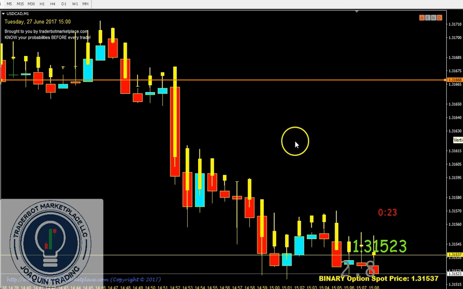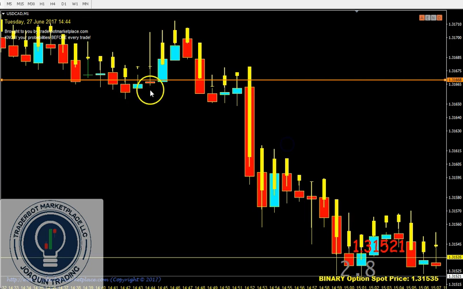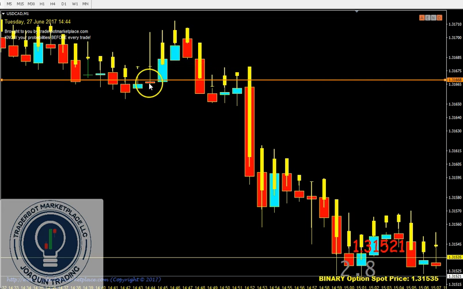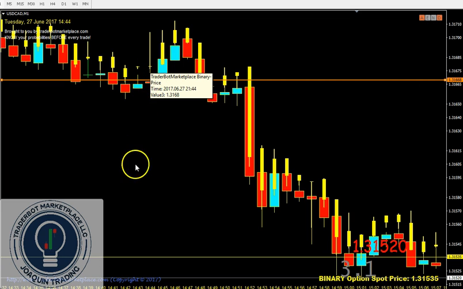So let's go back and look at that signal we were looking at. Remember this arrow right here? This bar right here? Well, you can look and you can see that the binary options price closed above the strike. The bid price closed below the strike, and that is why you lost your trade if you were selling this, because the binary options price did close above here, and you can see that right there.